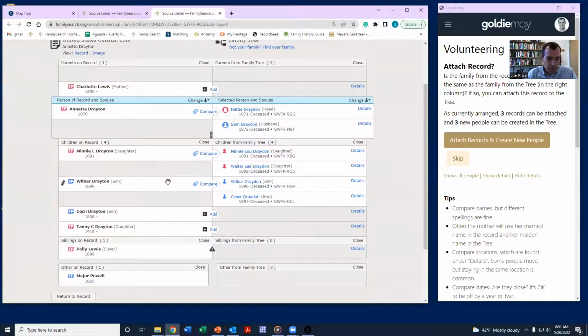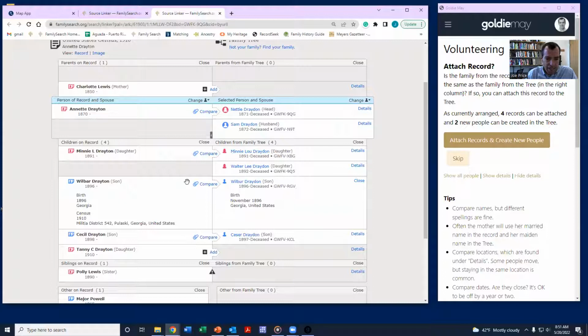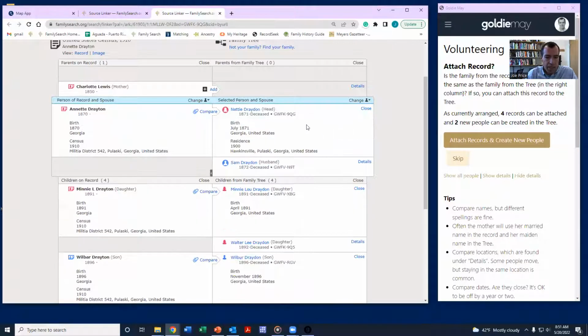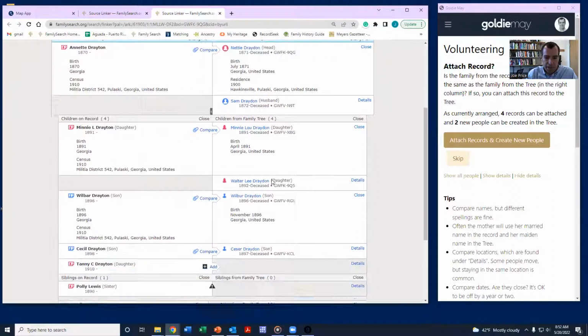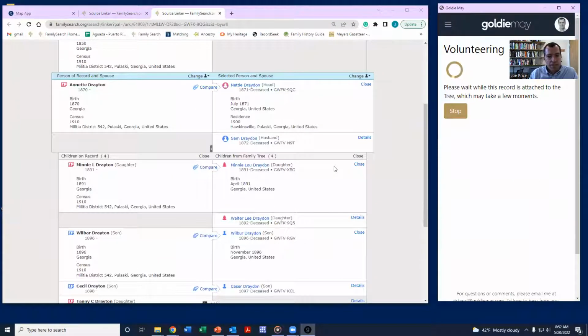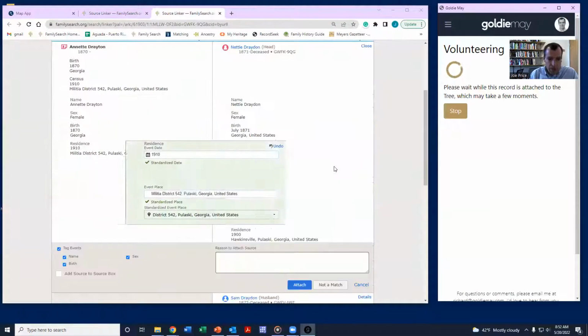And so let me just show you last thing here. So again, here I'm evaluating the family. I can hit details to kind of look and see if things are lining up well. But again, what we're trying to do is match the 2 families together. And actually, place of residence can be really helpful. So you can see Pulaski and Pulaski. That's a really strong clue that this is a good match. So we'll hit this. And I think this will actually allow us to illustrate the issue about the single parents,